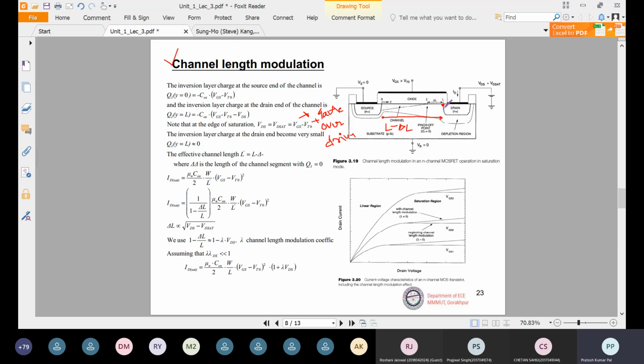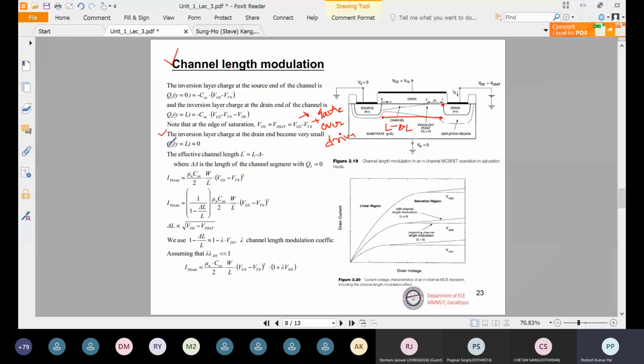ठीक है, और similar to 0 और approximately 0, क्योंकि यहाँ पे क्या है, चैनल यहाँ से जब इधर आ जाएगा डिप्लीट होकर के, तो यहाँ पे कोई चार्ज ही नहीं बचेगा, क्योंकि सारे चार्ज जो है वो चैनल में होते हैं. ठीक है, सारे जो इलेक्ट्रॉन्स हैं, moving mobile electrons that will be consisting the charge flow or current, taking part in current conduction, that will not be there in this region. Okay, so that's why, after taking this pinch off point, this inversion charge at this location